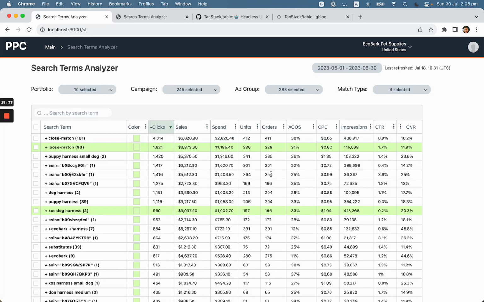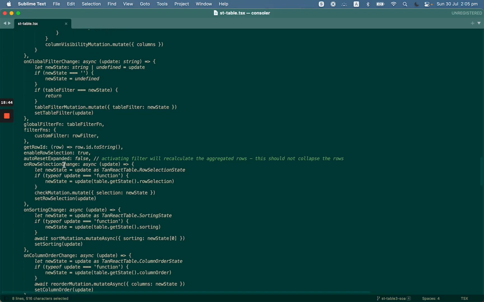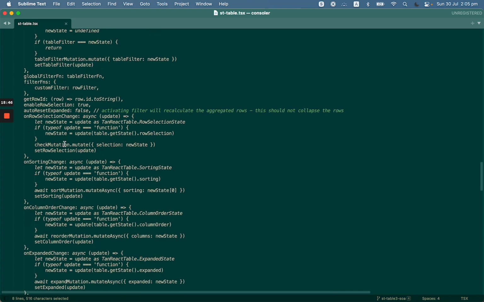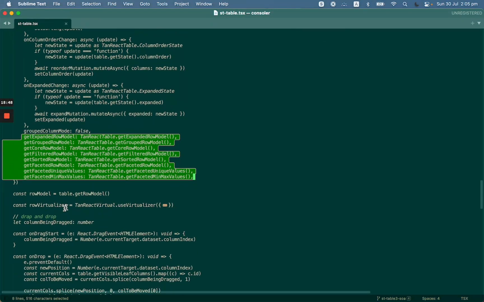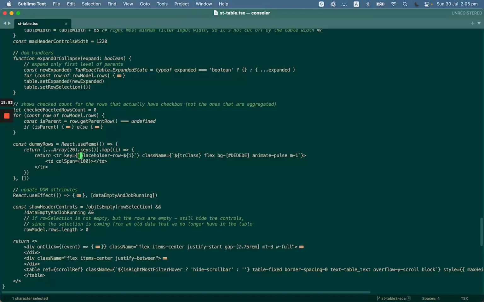So for the user, it's very important. My customers need this kind of behavior from their spreadsheet. And that's why I do the server request to save the data on the server whenever something changes. So this is how it works, and I call the color mutation